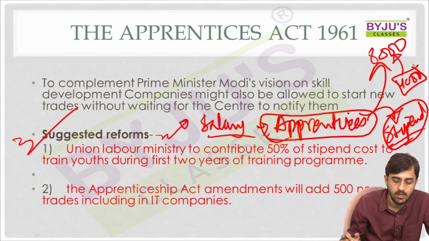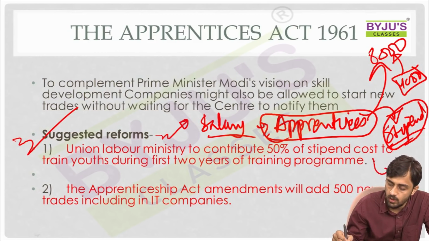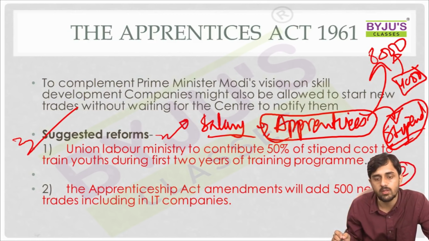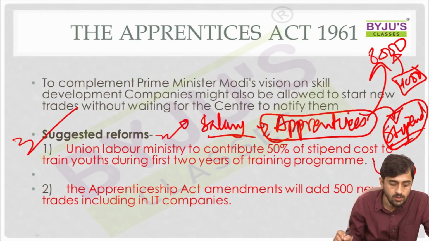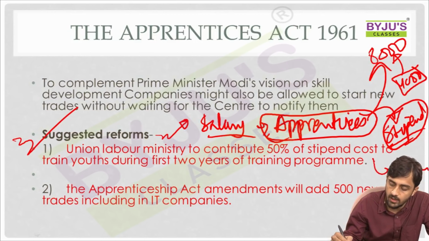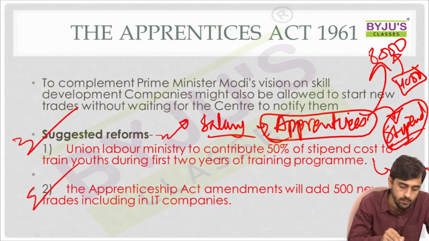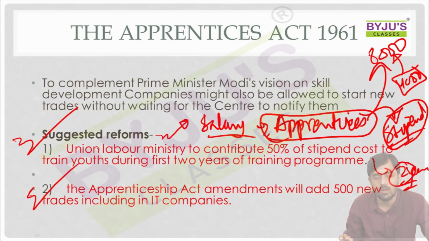So that is a positive step in the right direction, and this will go on during the first 2 years of training as an apprentice. That is the important change that has been brought, and has sought to be brought about, by the Apprentice Act. The second important way forward to amend the Apprentice Act is to allow a larger number of